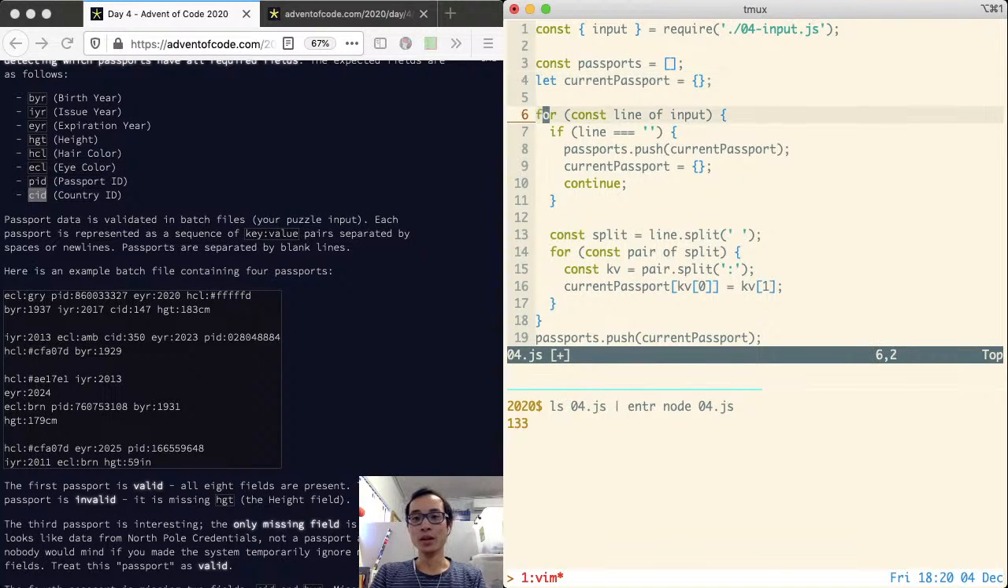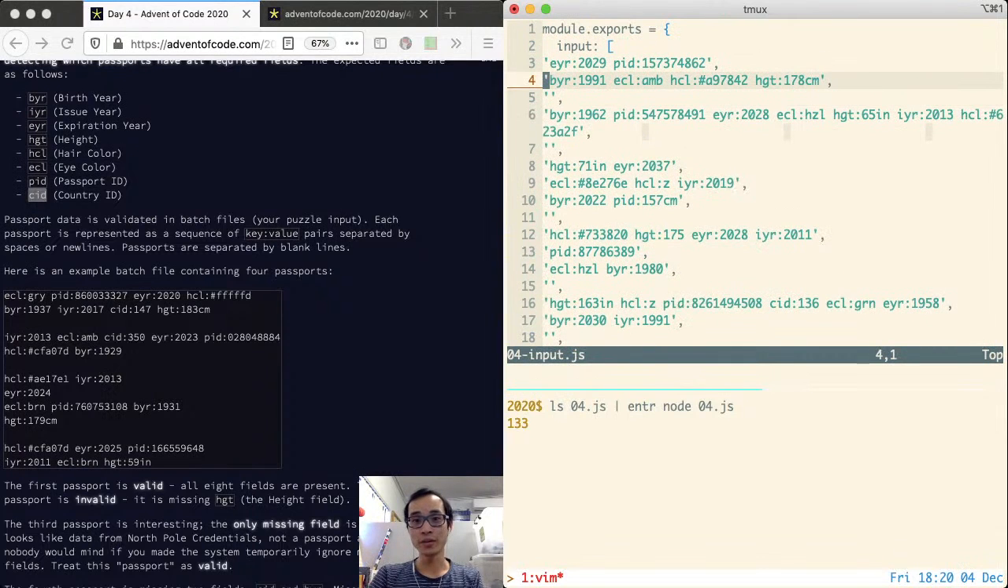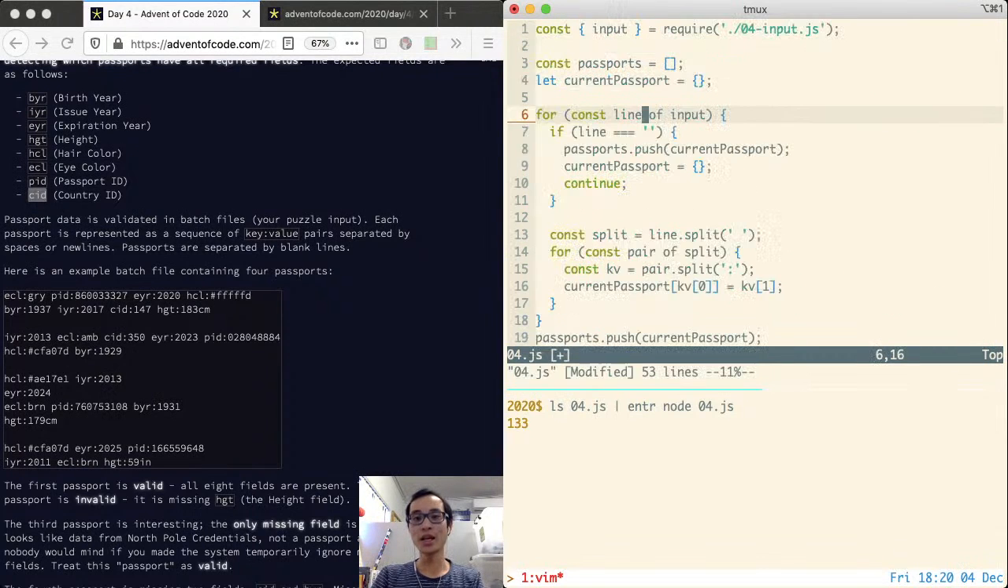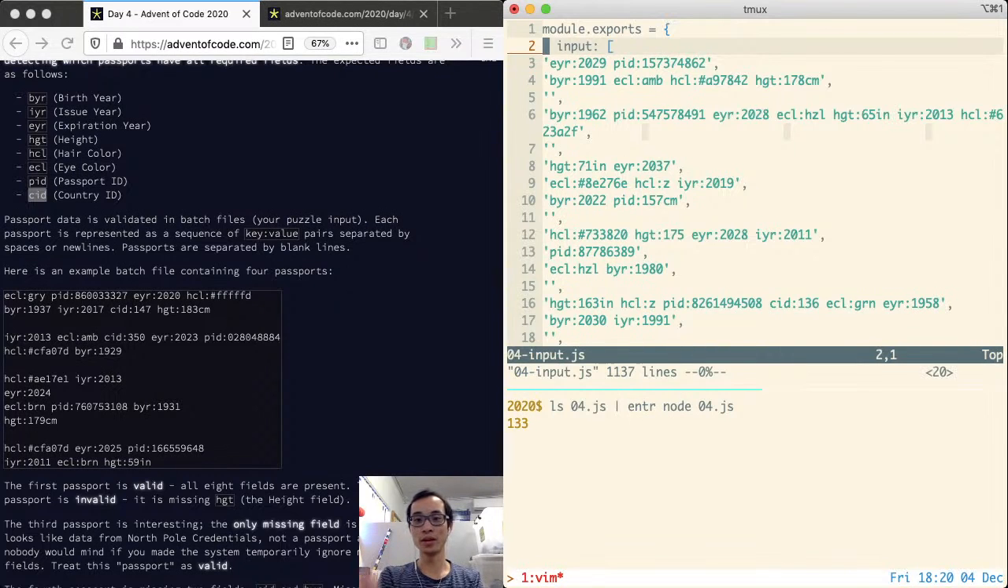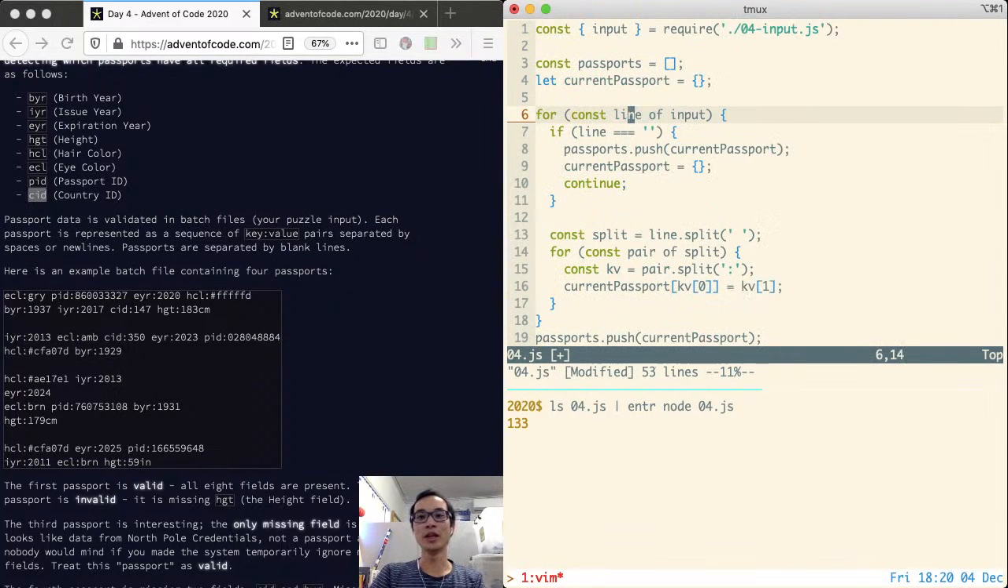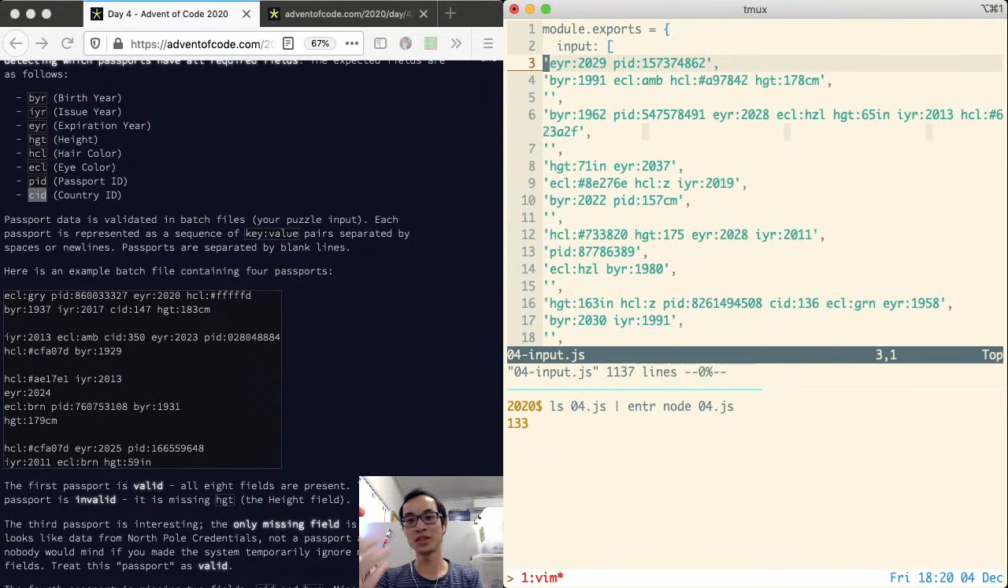passport. And so here, for const line of input, this is basically saying loop through this input array and assign each line one at a time to this line variable. And so the first time I go through this loop, line will be the first line. The second time I go through the loop, it'll be the second line. The third time I go through the loop, it'll be the third line, and so